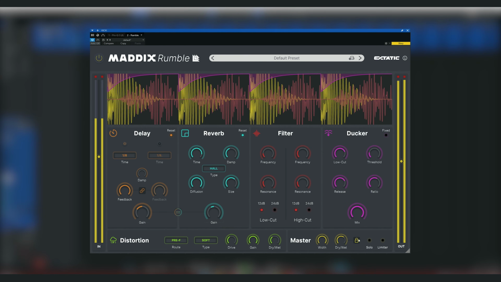The dry wet knob and the little lock icon next to it are super important. This is where you set the final mix volume of the rumble layer. The lock icon is there to lock the original input kick volume. It is enabled by default